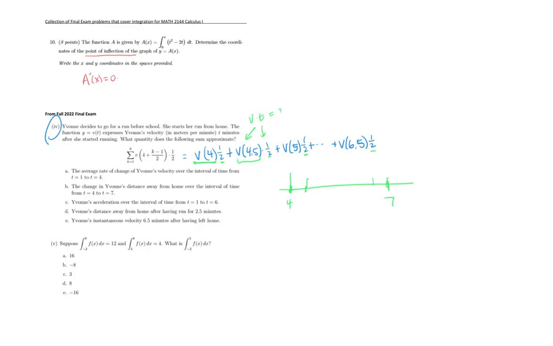So that's going to give us a distance. So what I'm doing is I'm adding up the distances for each of these half-minute time intervals. So it'll give me the total change in distance from the time interval t = 4 to t = 7. Okay, so the next one I have, suppose that